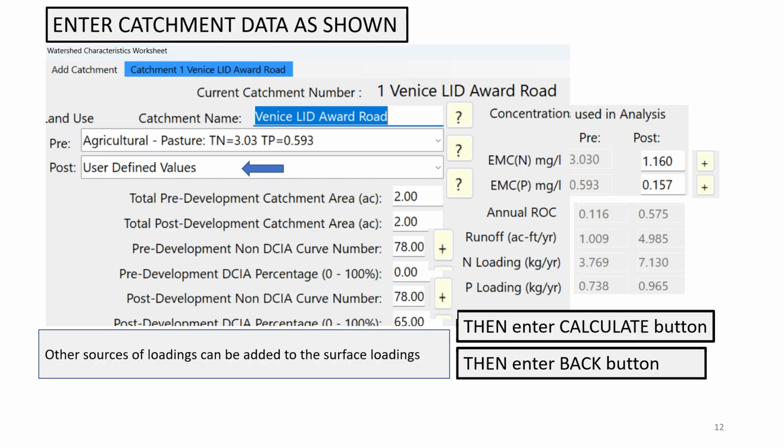An important feature to note is the user-defined value for the post-land use. This is particularly useful when you have site-specific study EMCs, or if your catchment is composed of multiple land uses with different EMCs requiring a composite EMC. Adjacent to the post-EMC values, you'll see a yellow plus mark. This plus mark indicates a calculation routine is available for handling multiple EMC values within your catchment, and clicking it will reveal an open entry shown in white. Once all the necessary data has been entered, you will first hit the Calculate button, and then proceed to enter